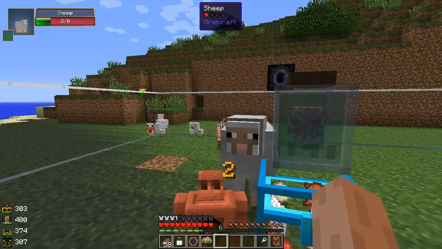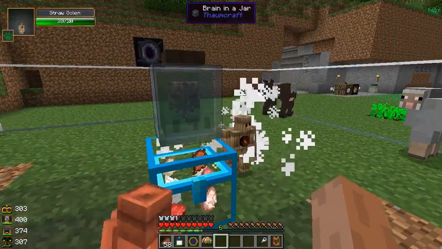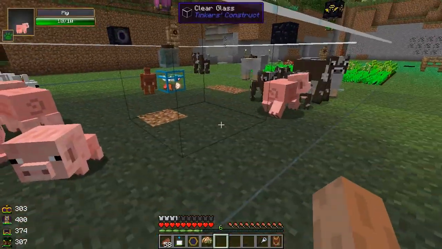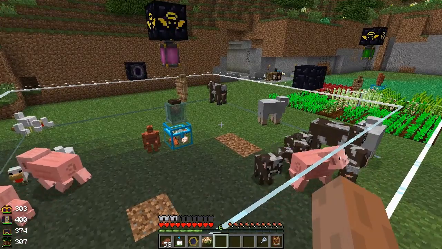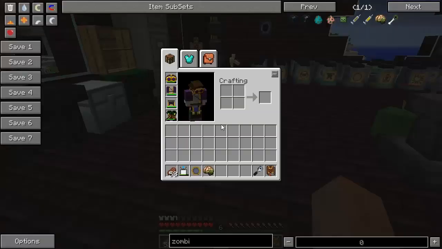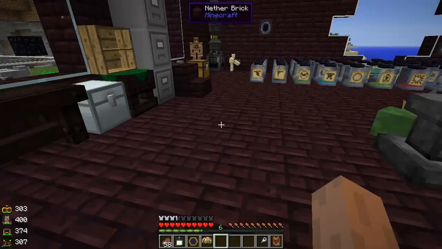Now, they don't get experience from killing the animals, although I think there's a golem upgrade we can do to get that to change. We'll look into that later, though. So, Brain in the Jar research is pretty cool. I made one in the last episode, but I cut it for time, so...